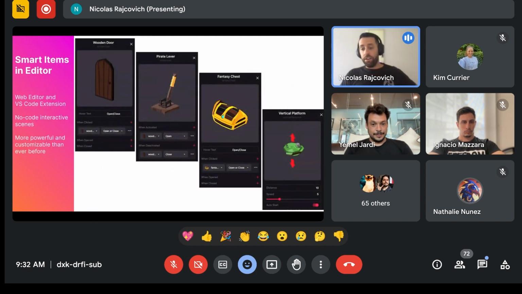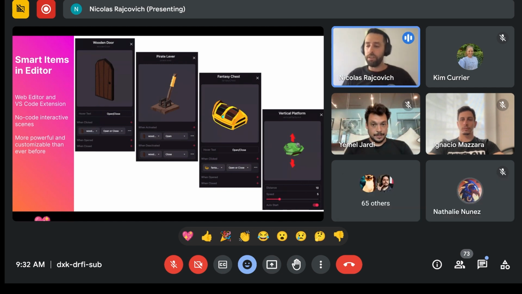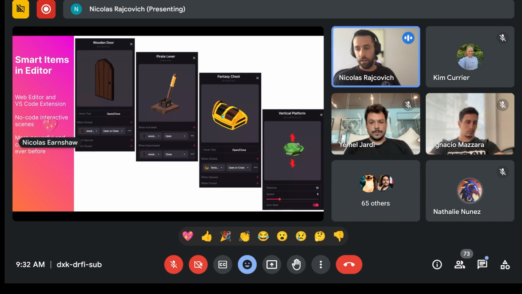Another thing that we are going to launch soon are smart items. This is mainly an update for the new editor, both in the web version in the builder and also in the VS Code extension. If you're already familiar with them, these are items or 3D models that are optimized for scenes in Decentraland, but they have special capabilities which make them smart.